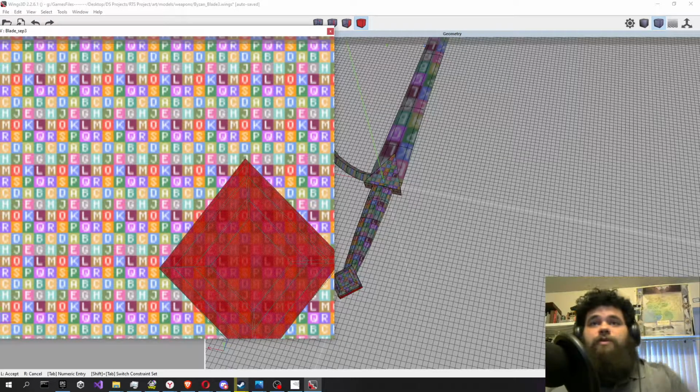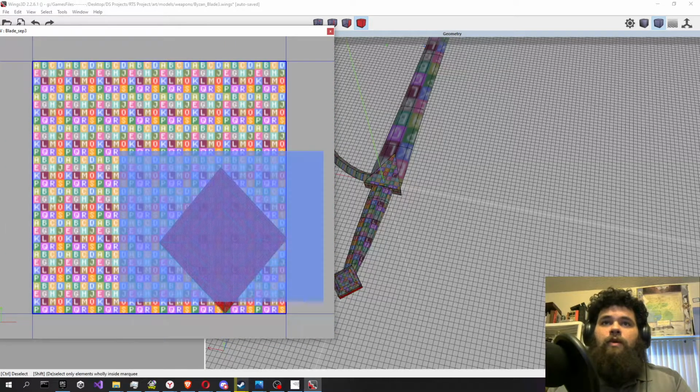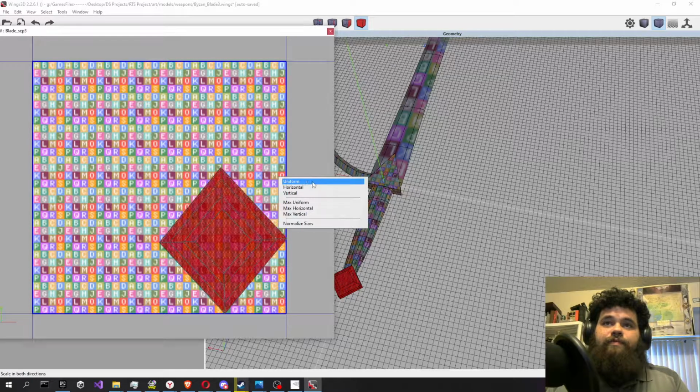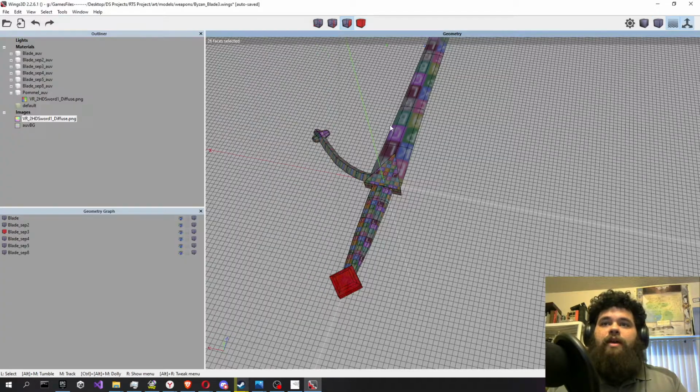Rotate again. Stupid gnats. Joys of living in California. Scale. Okay, I think right there might be okay. There's your pommel. Bam. So the whole thing's